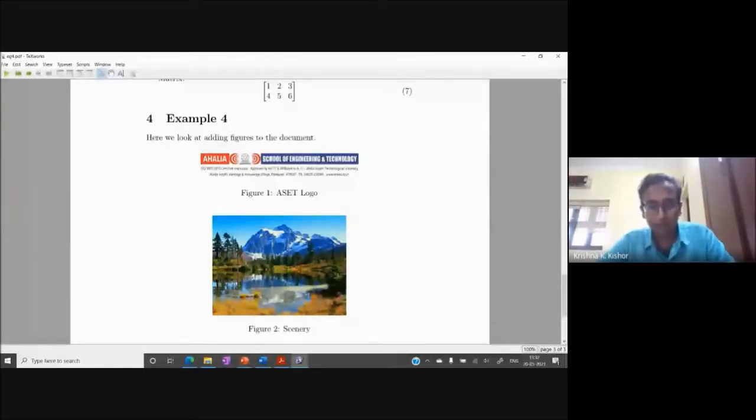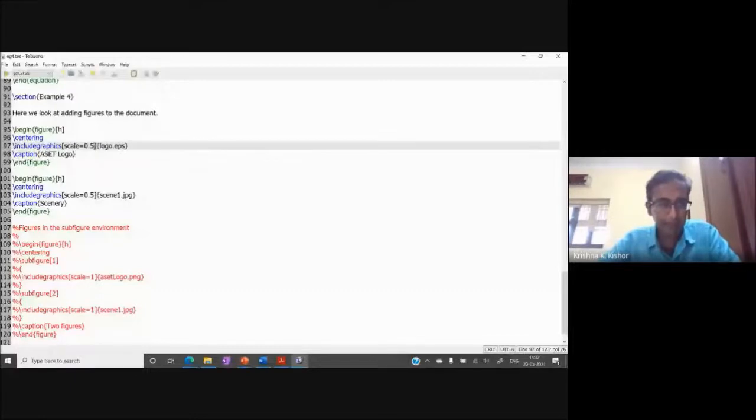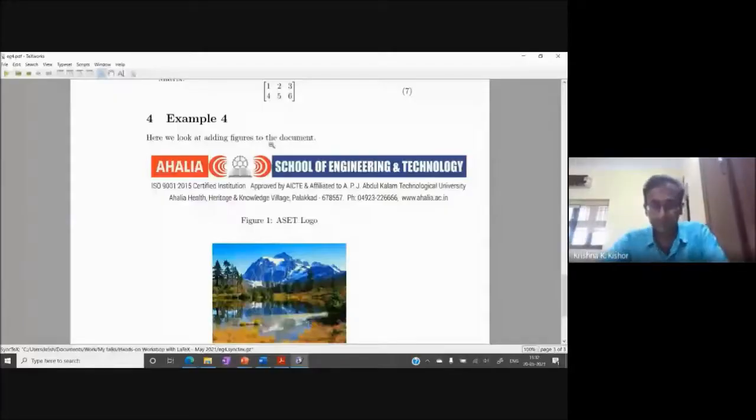Now imagine if I want to make this slightly bigger, I can scale it. So I'm just going to put a default scaling number as 1. Again, if I compile it, it will become bigger. But you begin to see that it has exceeded the margins. So typically LaTeX will give you a warning as well. If you look at the log window, it will show you a warning, but it will not give you an error, so you can still do it. So that's how you scale the image.